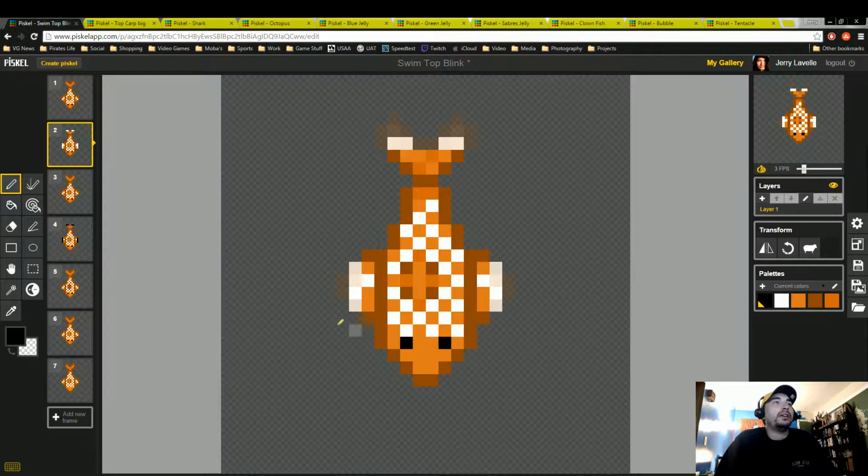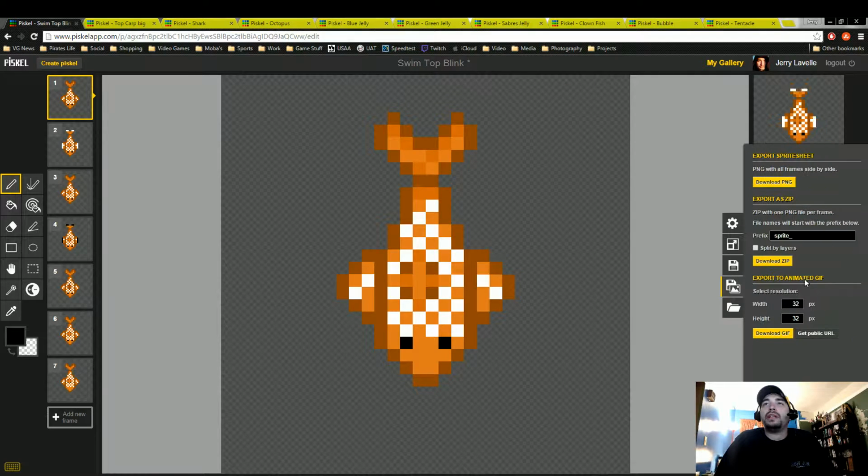But yeah, so this was my first guy. He was, like I said, a carp. You can see the animation over here, and what's really cool is you can turn it anywhere from 24 frames a second down to 2 frames a second to see what it would look like. You can also export a sprite sheet really easily,